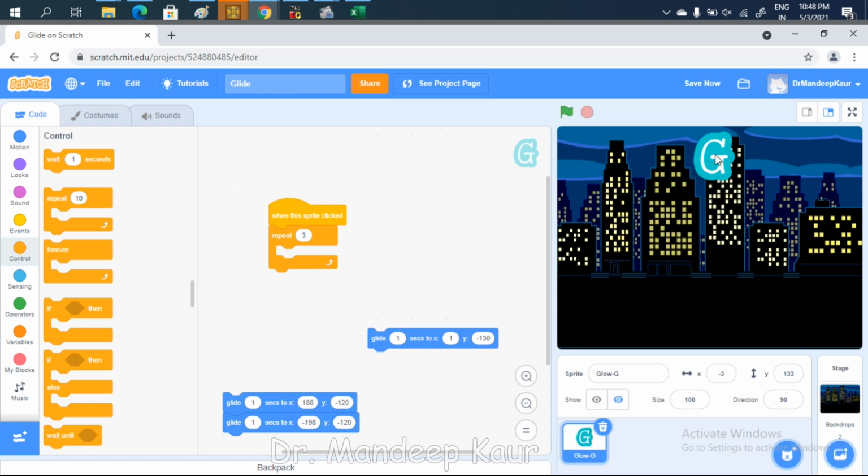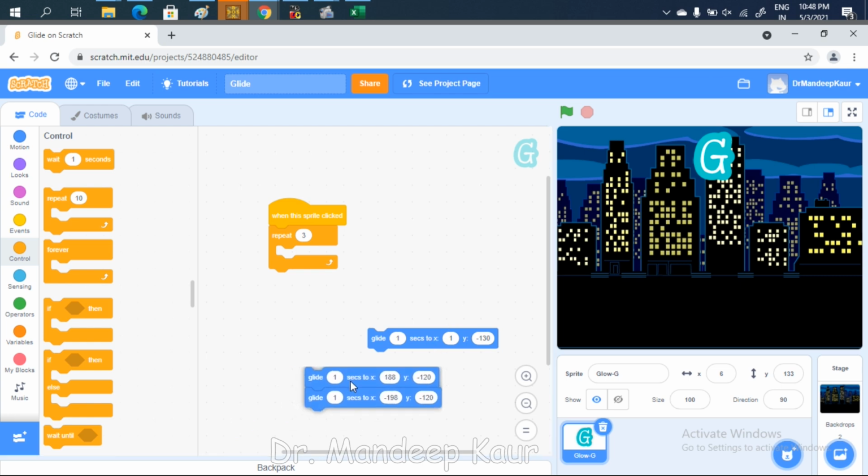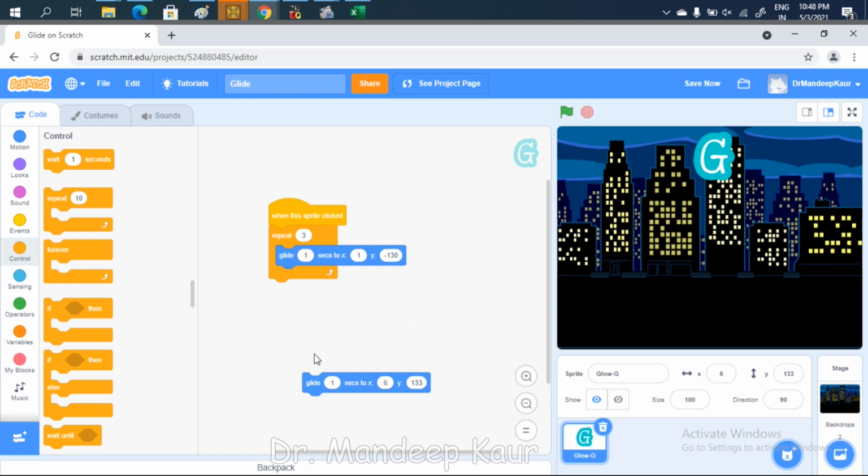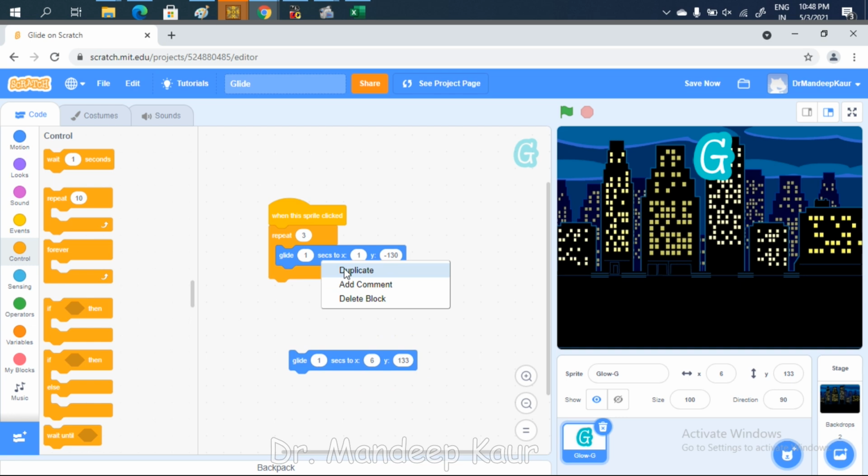Here I want it as 6, and this position is 133. Okay, I'll delete this, put this here, and duplicate it. Put it here behind this, and if I select this sprite, it will move like this for 3 times.